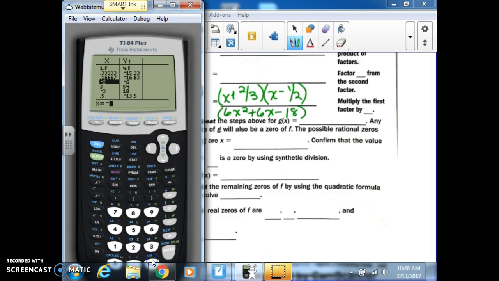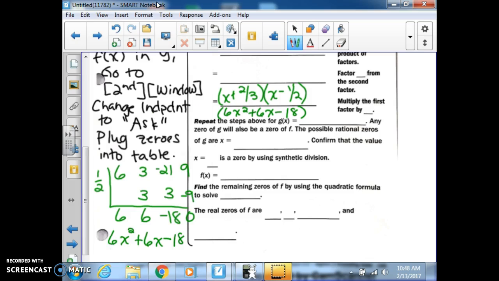Negative 2 divided by 3. Okay, that one doesn't work. But any zeros that are a zero of f should be a zero of g. And then we just need to do the quadratic formula to find the rest of